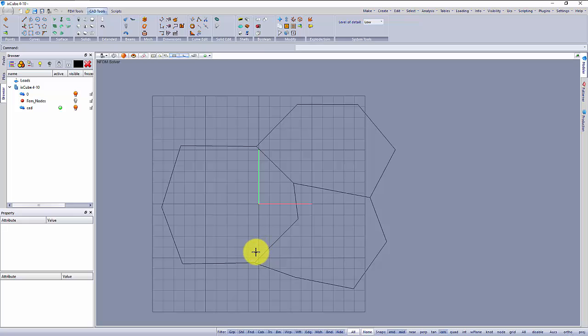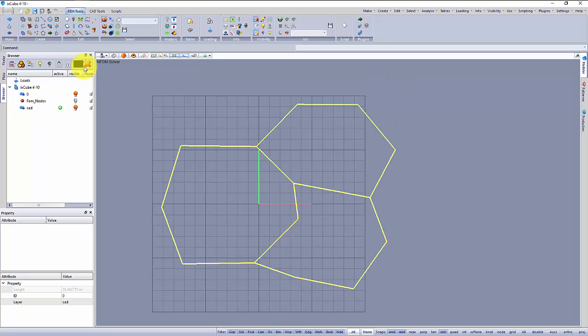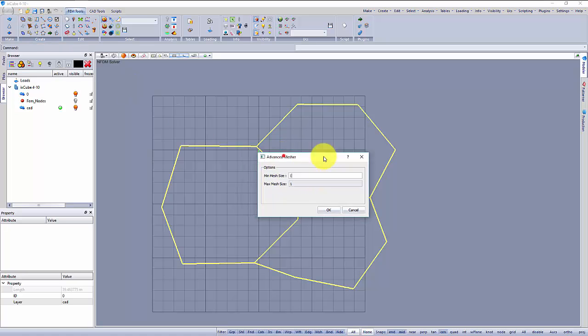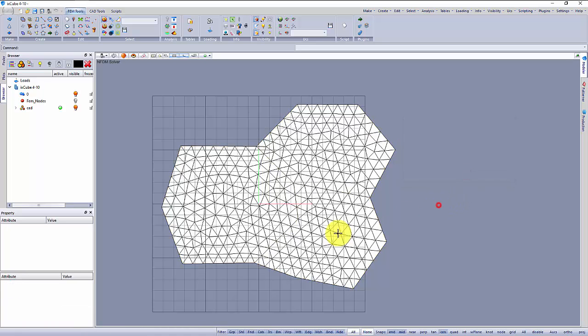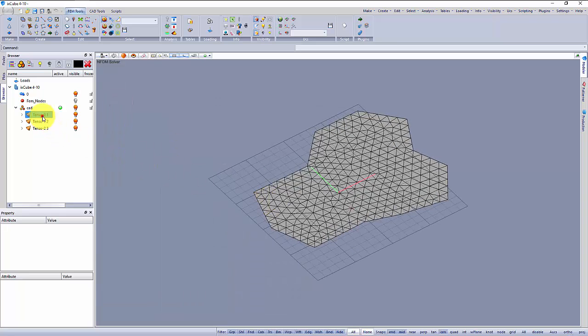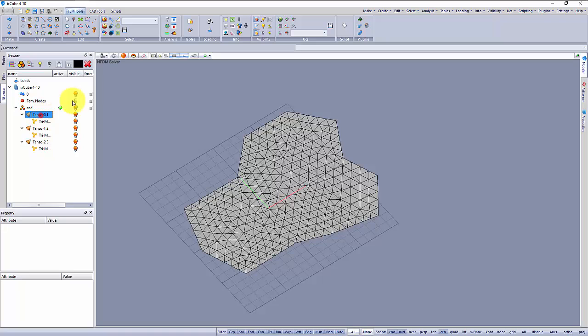So this is very similar to the boundary group in the form of Forten 3000. This new tool is a bit different. We select all these polylines and we recall the tool sew and merge tensor groups. It is clear that this tool will use the advanced mesher. It asks for the mesh size and automatically 3 tensor groups are created over that mesh. So this is a very, very powerful tool, but it's even more powerful,